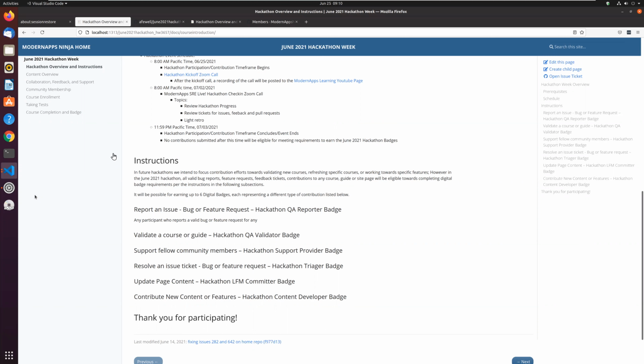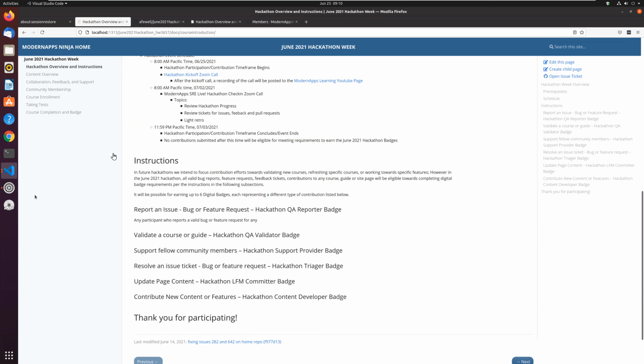And so the general pattern is open an issue ticket, and then when you make the pull request and the commit to resolve that issue ticket that you opened, go ahead and mention the link to the issue ticket in the pull request that you updated, and that'll link. That'll give us a traceable record of how that issue ticket is related to the pull request that resolved the issue that's described in the issue ticket.